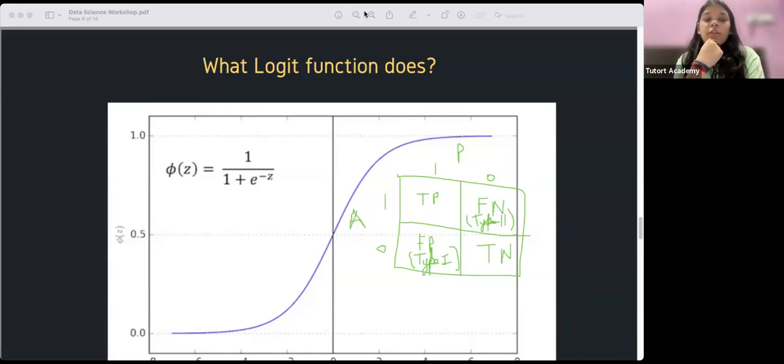Okay. So in my view, it will be type 1. Why? Because let's recall back to the problem. What are we trying to do? We are trying to predict people who can be diabetic, or people who can be classified as type 1 diabetic in the near future. We want to eliminate them from the clinical trial. We don't want them to be a part of our clinical trial because that is going to cause a problem